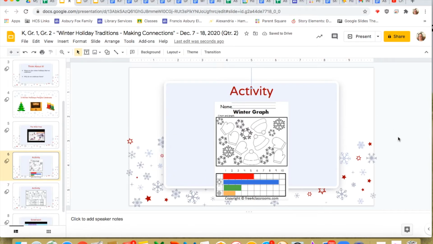There we go. So we had 5 mittens. So Miss T colored in 5 boxes with red. The snowflake with a hole in the middle, there were 9. So Miss T colored 9 boxes in with blue. The snow hats, we had 3. So Miss T colored in 3 boxes with green. And the other snowflake, we had 2. So Miss T colored in 2 of the boxes with orange.